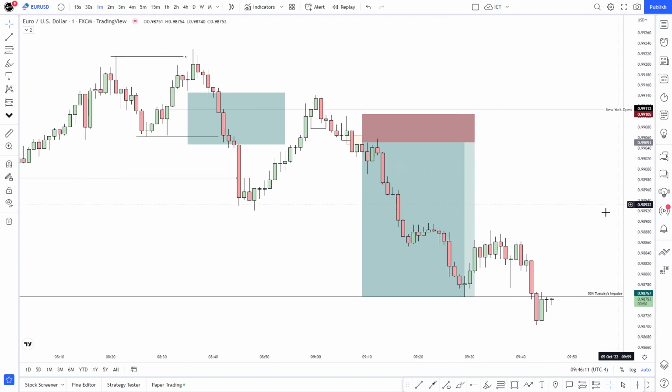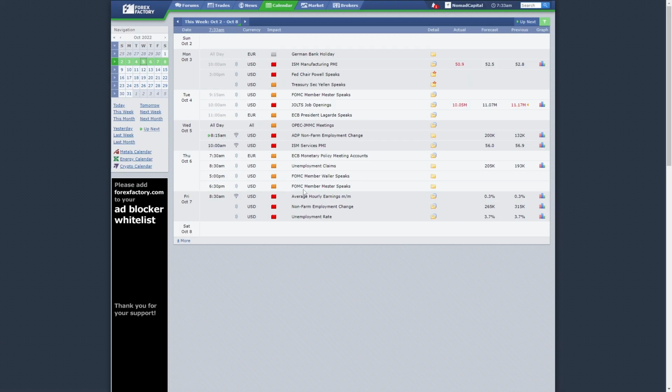Lovely trade, lovely way to, probably honestly, if I was trading on a challenge and funded account, I probably would quit for the week. I think we have news tomorrow. Actually, tomorrow is really tradable, no news or no aggressive news. And then Friday, NFP Friday, we're definitely going to be avoiding.